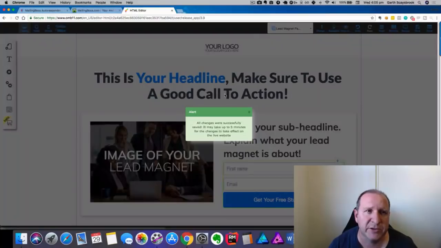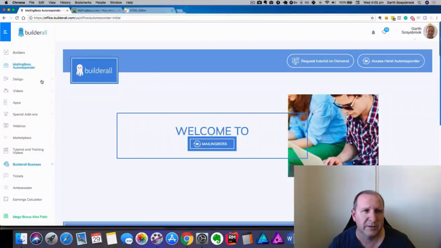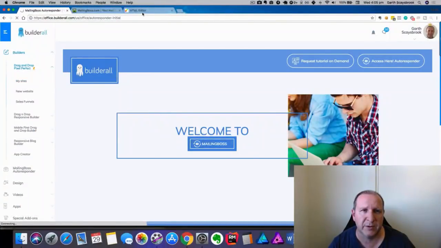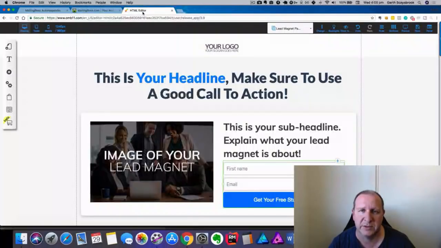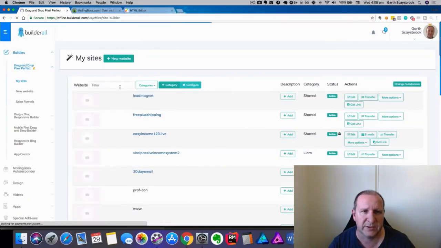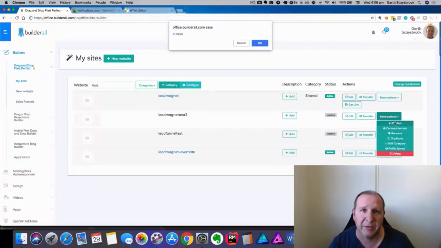Excellent. So what we're going to do now is test it out and see what happens. Let's go back and have a look at the page. Now we know this one, we called it a lead magnet. So we go into our sites, and it was the lead magnet test. Now at the moment it hasn't been turned on, so we come over to here and we click on publish,